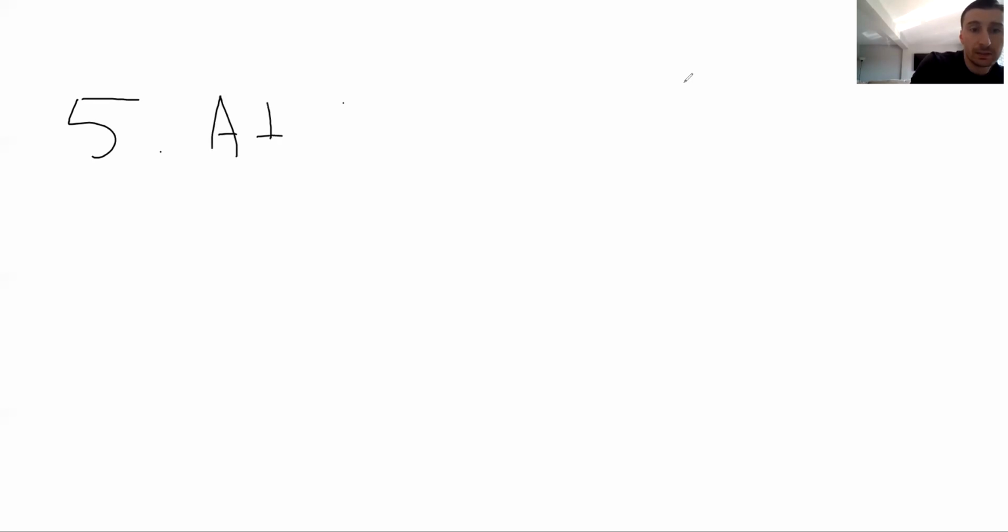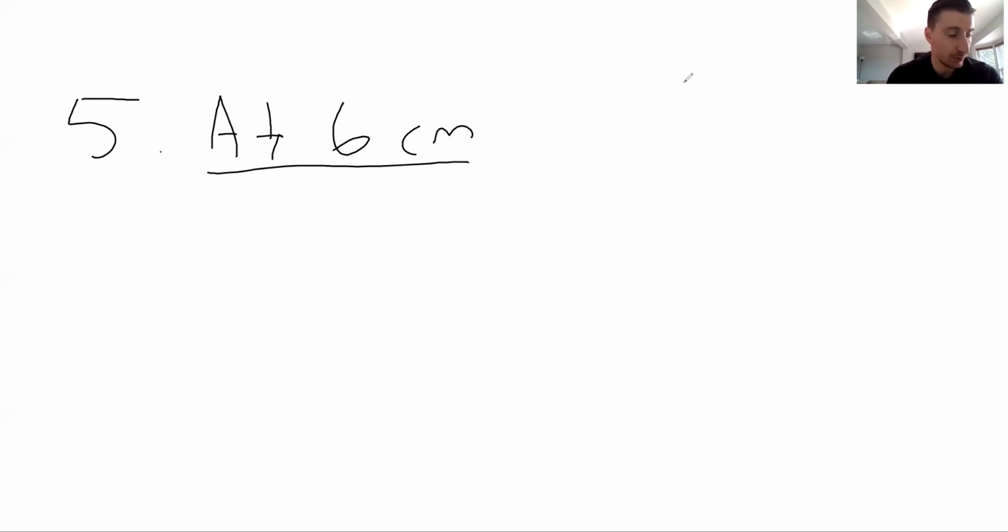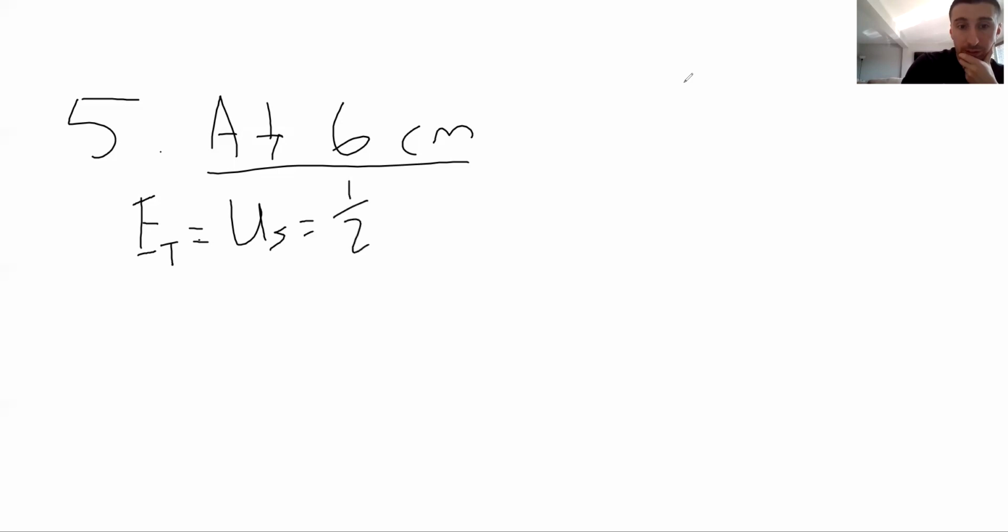So at 6 centimeters, okay? At the amplitude, we're talking about a spring, right? If that's the amplitude, we know that it's not moving, right? At the maximum point, it's going to stop, and then it's going to continue back in the other direction to continue the simple harmonic motion. So what we can do here is we know the energy total at that point is equal to just the potential energy of the spring, which is also equal to 1/2 k x squared, but x in this case is going to be the amplitude squared